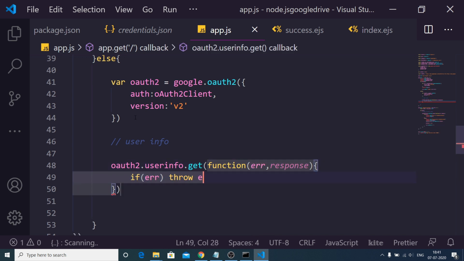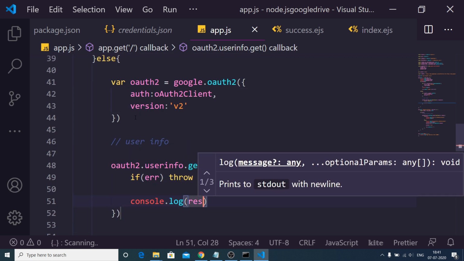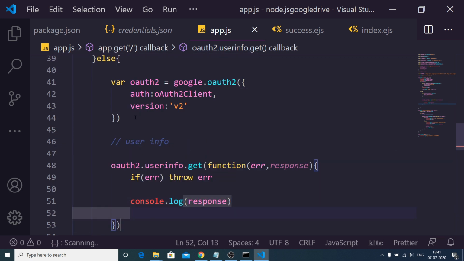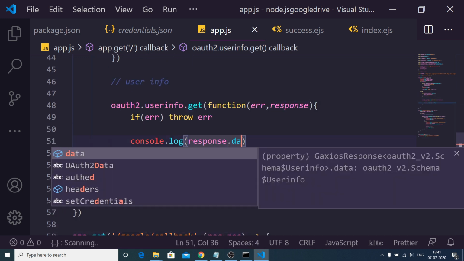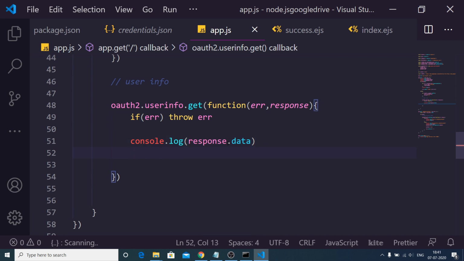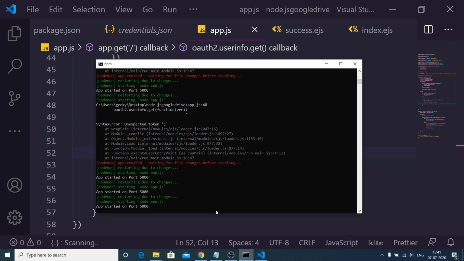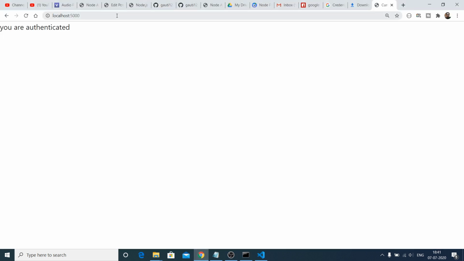If any sort of error takes place, throw that error, else we can console log the response and the data which is contained inside the data property, so response.data. So let me see if it is working or not.